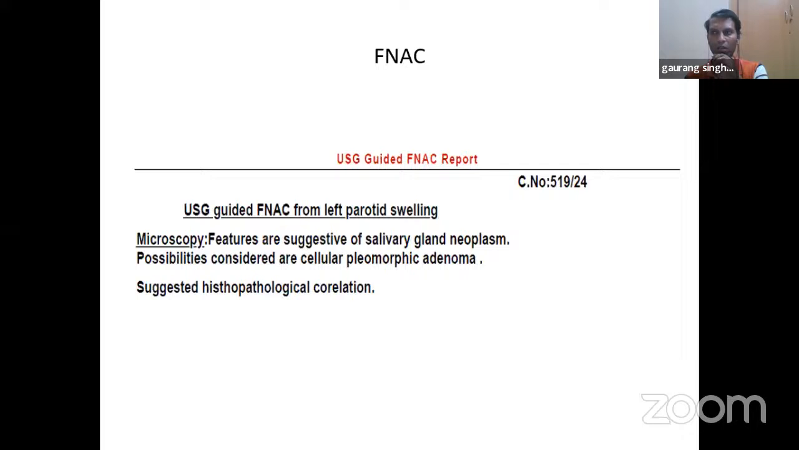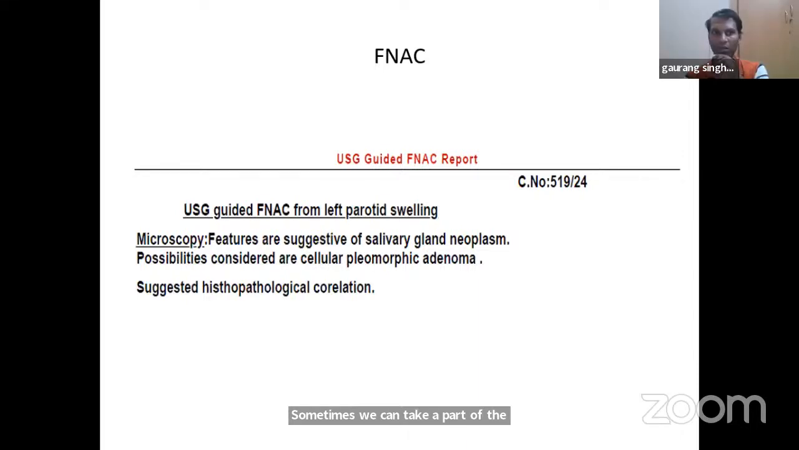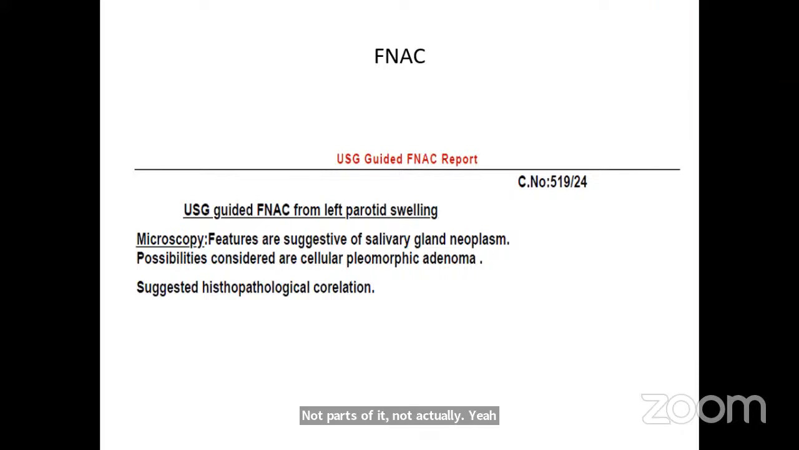or sometimes we can take a part of the SCM and put it in. What part of SCM? Not actually SCM, basically more amount of fat and temporal fascia. Yeah, you have to put an